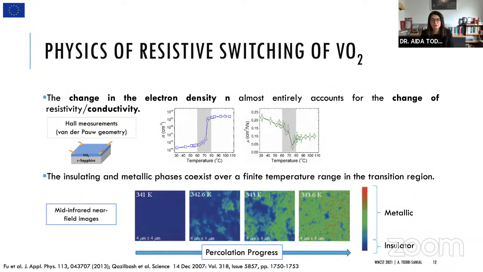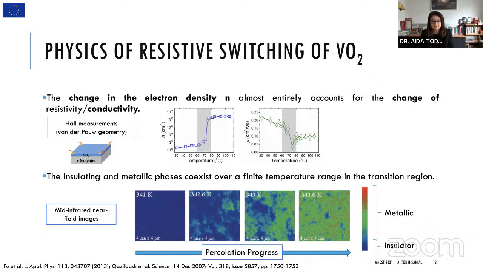The next one is also, there are moments where both the metallic and insulating phases coexist. And over finite temperature, you can see here, you can start with an insulating phase, and by the time it becomes metallic, you can see that there is some metallic phase coexistence with insulating. And the key knob for us to understand the physics of this resistive switching of VO2 has to look into the electron density, which is almost the one or the main knob